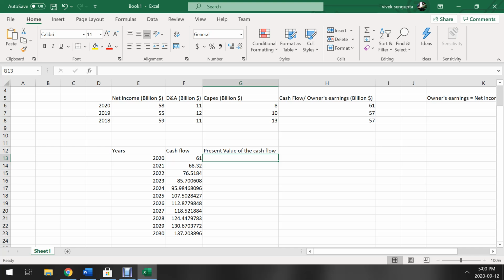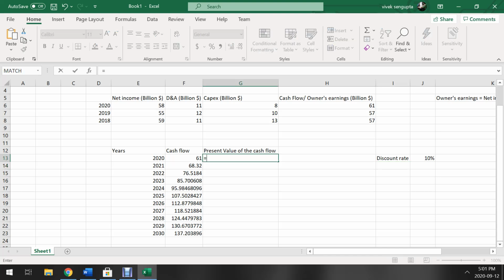You can invest that $100 for 10% a year, and at the end of 1 year you will have $110, right? So we have to discount this cash flow to the present value. And if we take a discount rate of 10%, which is a very good return in a 0% world, right? If you're expecting the discount rate to be 10%, what we are going to do is divide this thing by